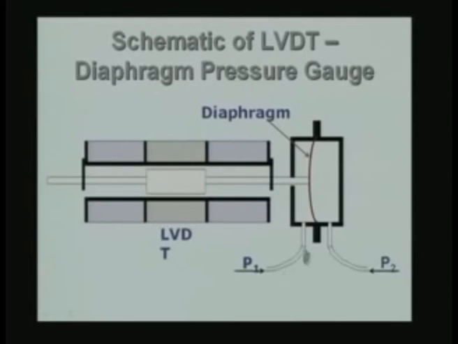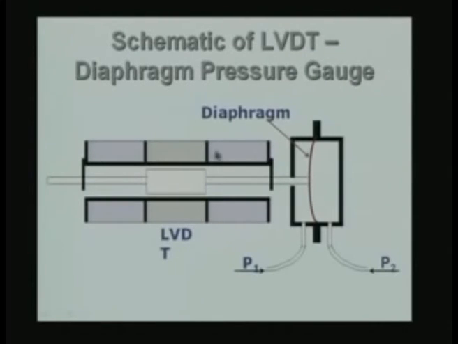So, I am applying a pressure P 1 on one side, P 2 on the other side. If P 2 is greater than P 1, as is shown here, the diaphragm is going to bend like this, and this rod is attached to the diaphragm, and therefore, the diaphragm will move towards the left. So, when the diaphragm gets strained like this, or changes shape like this, the rod is going to move to the left, and therefore, it is going to throw the LVDT transducer shown here out of balance. So, this will be more closely linked to the primary, and this will be less closely linked to the primary. Therefore, the voltage produced by this coil will be more than the voltage produced by this coil.